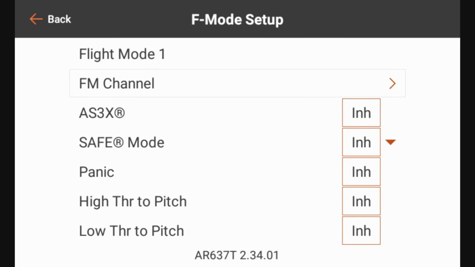So now, if you recall, when we did the initial flight mode setup, all that we had was the flight mode name, so Flight Mode 1, Flight Mode Channel, and AS3X. Now that we have set up the first time safe setup, we now have safe mode and we have panic, high throttle to pitch, and low throttle to pitch. So safe mode is obviously because we now have safe mode